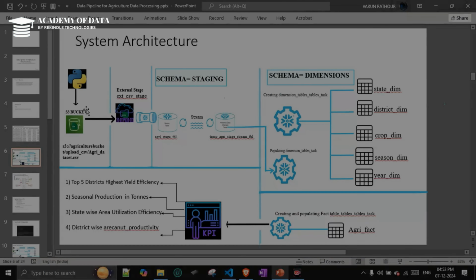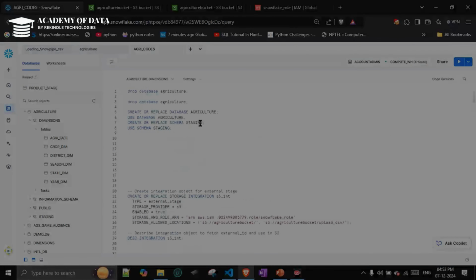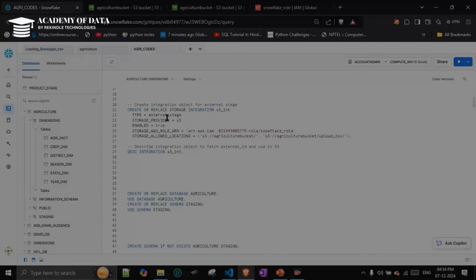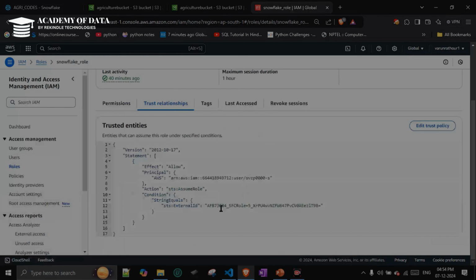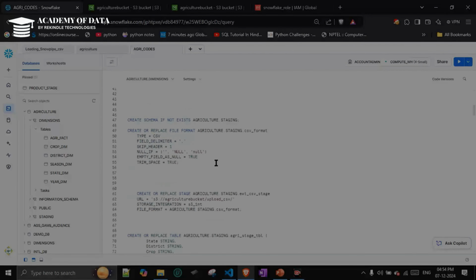So I have uploaded the file. Now I will show you the pipe and the external stage from which I have been loading the file into the table. So yeah, I have created an integration object and described the integration object to get the external ID, which I pasted in the Snowflake role I have created. This is my external ID which I got. I pasted it here, along with the ARN which I got from the Snowflake describe command. After that, I have been